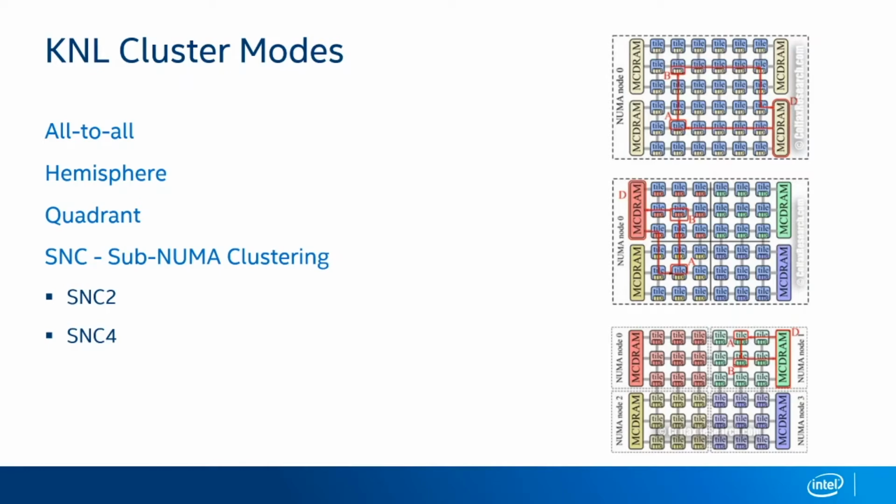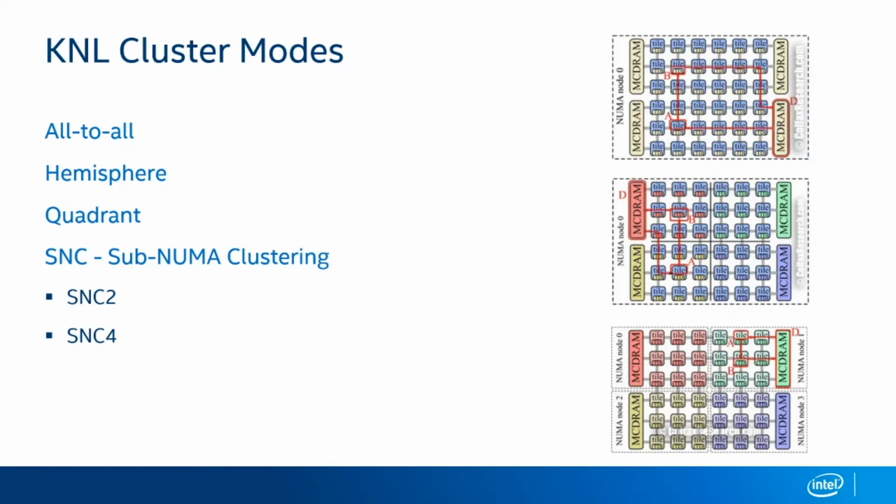So we have the most basic one, which is all-to-all, in which there's no relation between memory address and the tag directory where it's going to live. We have hemisphere and quadrant, and these essentially guarantee that the tag directory and the memory controller are going to be within the same hemisphere or quadrant. And finally we have SNC, which stands for sub-NUMA clustering modes. These further reduce the latency, but at the cost of creating additional NUMA domains that we'll need to take